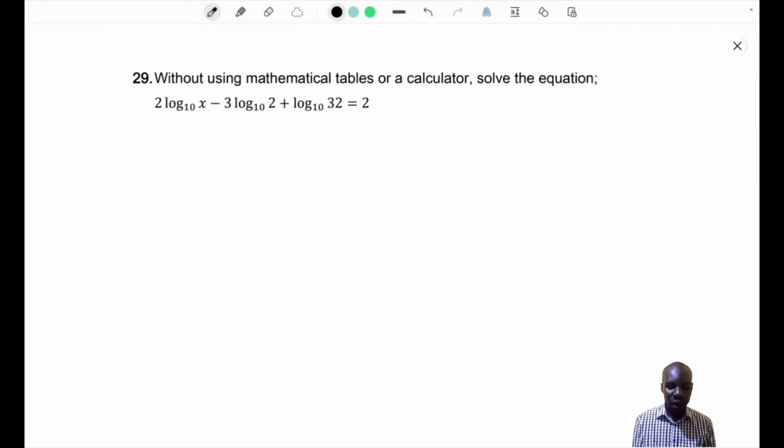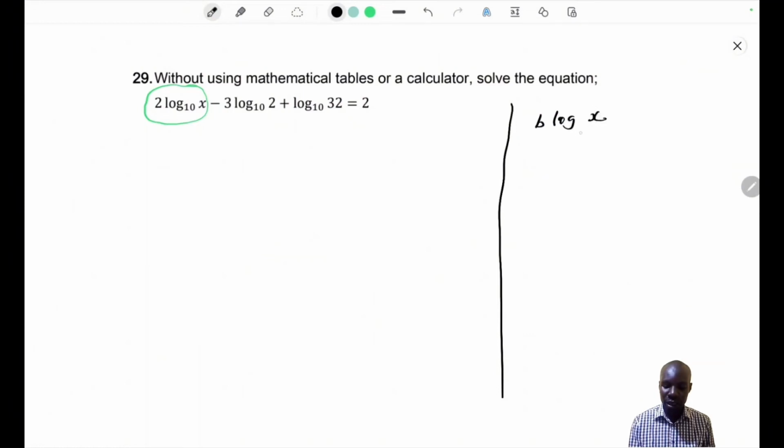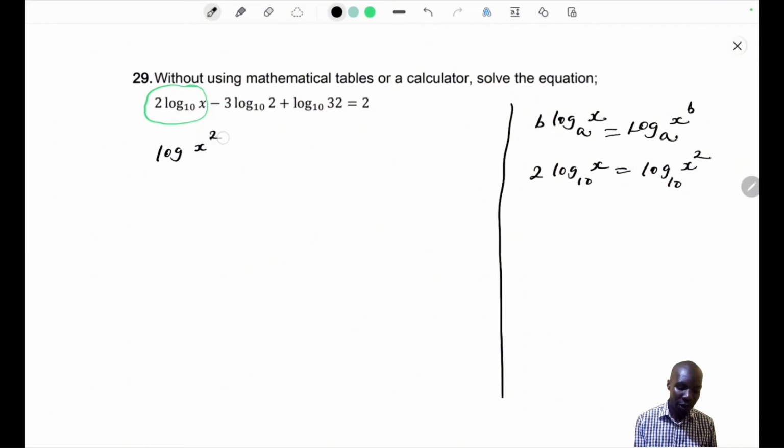Number 29. Without using mathematical tables or a calculator, solve the equation. So this is what we have. We have got 2 log of x to base 10 minus 3 log of 2 to base 10 plus log of 32 to base 10 equals to 2. So remember, if we take this one, 2 log of x to base 10, we know that if you have got b log of x to base a, it can be written as log of x to power b to base a. So 2 log of x to base 10 can be written as log of x to power 2 to base 10. So this one will have log of x to power 2 to base 10